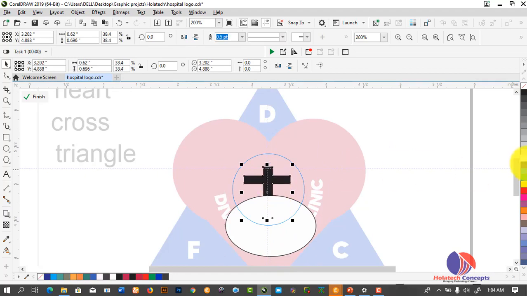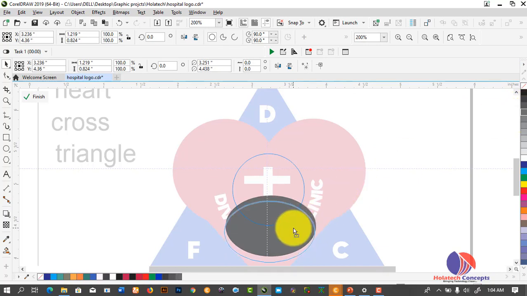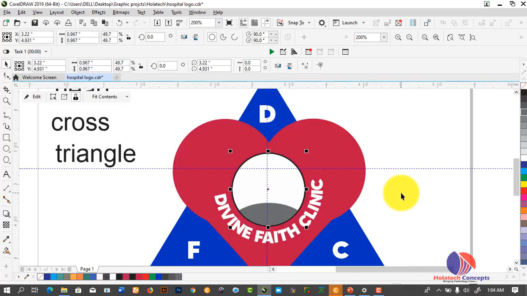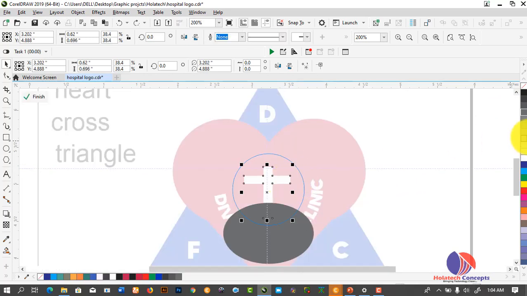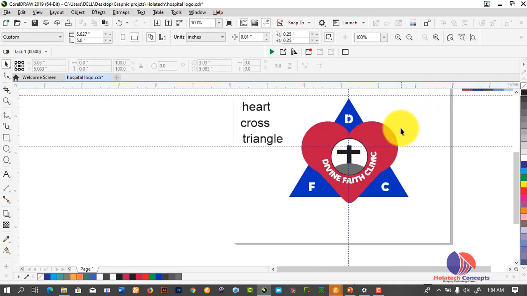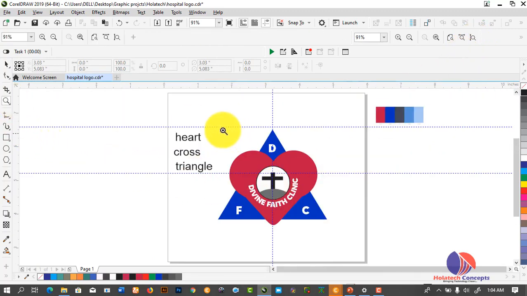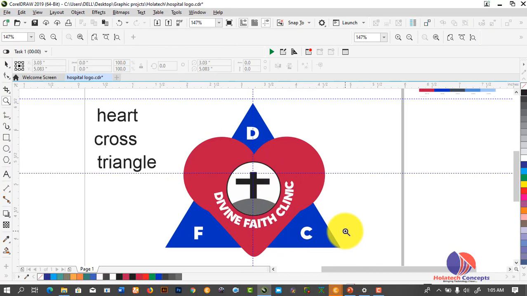Okay, let's make this white, then remove the outline, then remove this outline and make this a gray color. Okay, let's see how it will look like. So this should be black. Okay, so now we have our logo design is set and done. See, our logo is looking very beautiful and